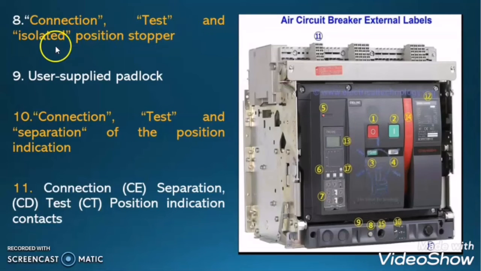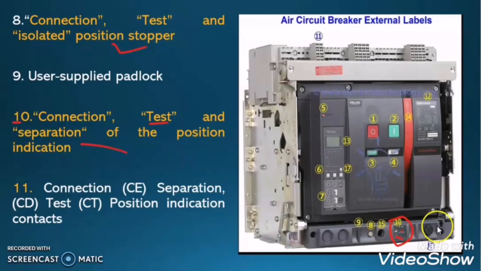Now let us move to our next detail which is present on the air circuit breaker: connection, test and isolated position stopper. I will explain this one after explaining point 10, that is connection, test and separation position indicator. Here you can see this is the position indicator which will indicate whether the circuit breaker is in the connection position, or in the test position, or in the